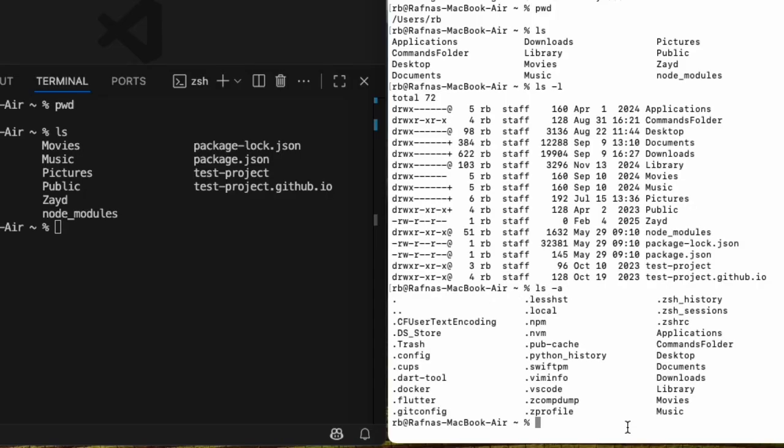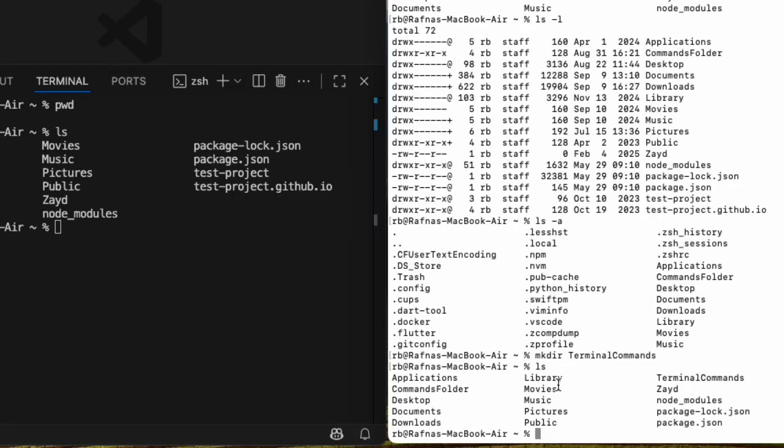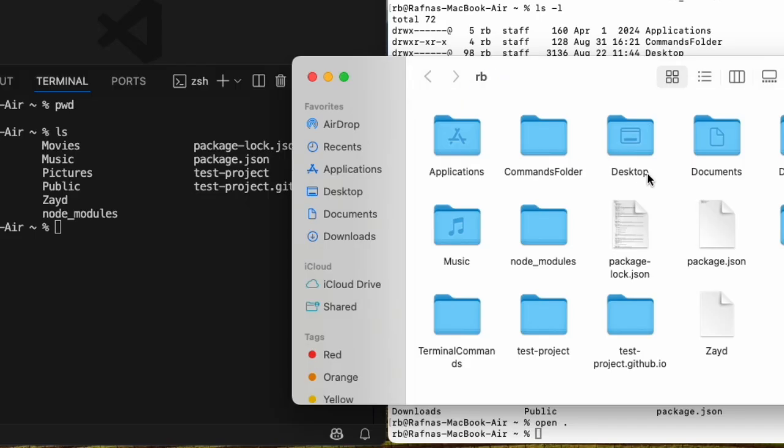Next, the command for creating a new directory or new folder is mkdir and the name of the directory. I am going to name it terminal commands. Use the command ls and you can see that folder created in the RB folder. If you want to open the current folder in Finder, you can use the command open space dot. You can see that the RB folder is open and you can see all the folders inside, including the folder that I have